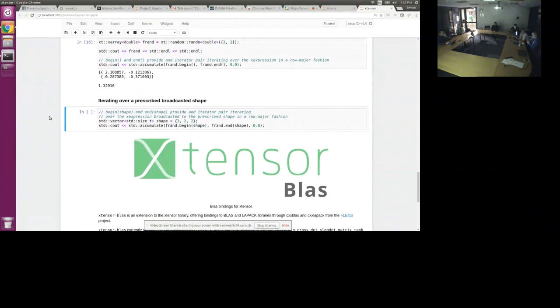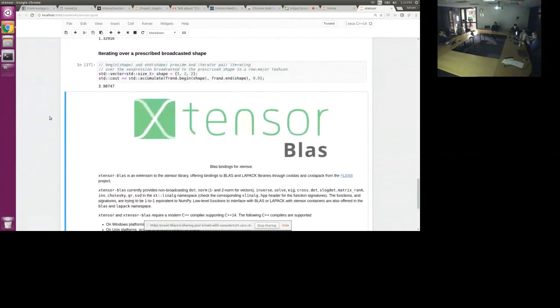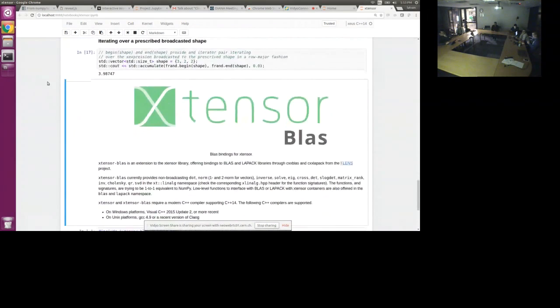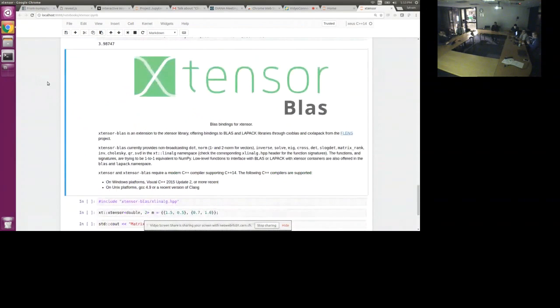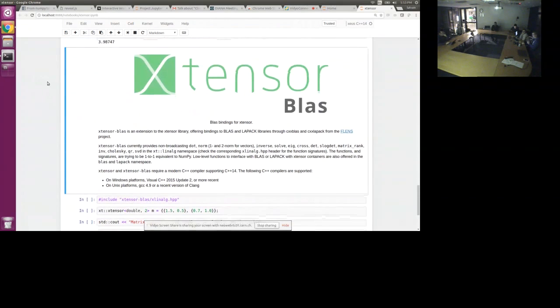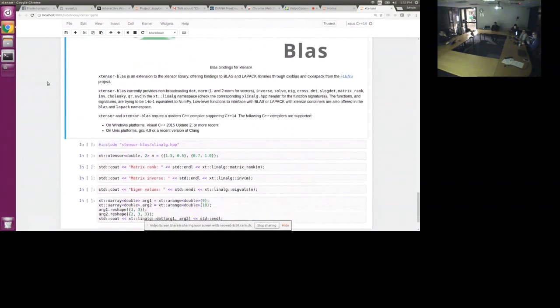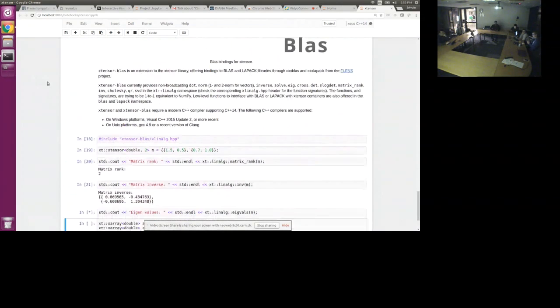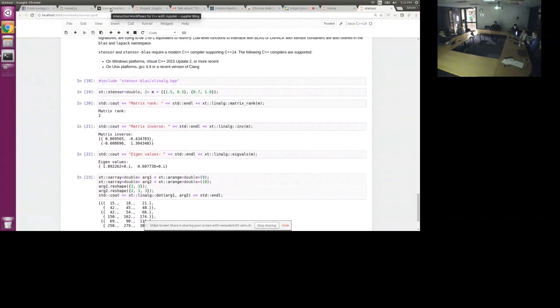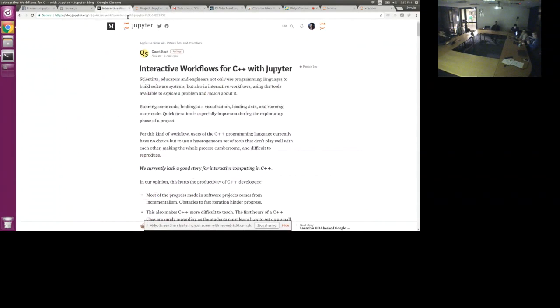There is no allocation whatsoever. Or iterating over a prescribed shape. Xtensor BLAS is the library that offers the BLAS bindings for Xtensor and can be used for doing all the NumPy lineage operations. So if you are interested in knowing more about Xtensor and have the time, you can consult